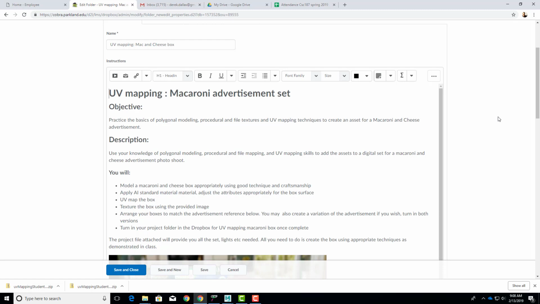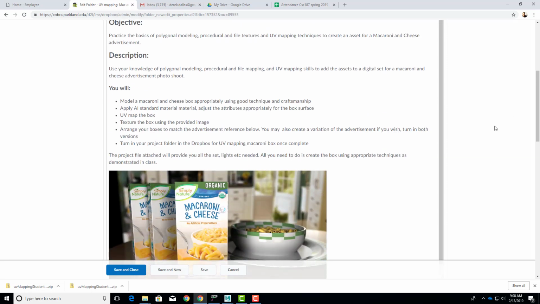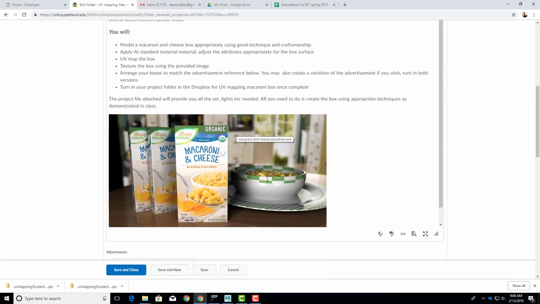So what I've done, hopefully this will be fun, is I've created a little scene that has a bowl of macaroni and a plate and a table and a background. And you're going to model a very simple macaroni and cheese box like I have right here. You're going to model that, and you're going to lay the UVs out so that the material, the object,